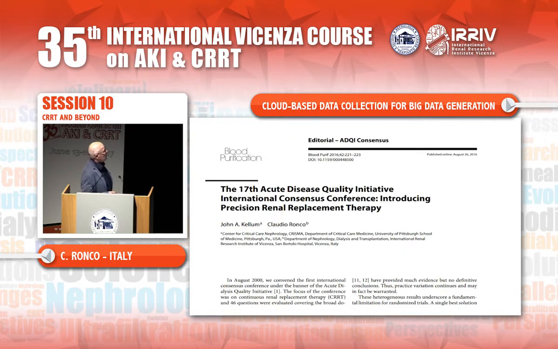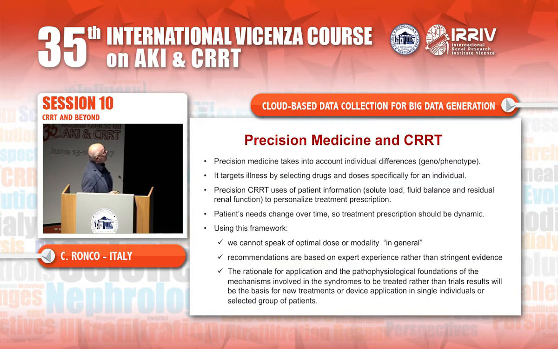This was actually the content of the 17th Acute Disease Quality Initiative meeting, and the precision medicine concept was to take into account individual differences, targeting illness by selecting drugs specifically for an individual, and using CRRT for specific patients, using their patient information to personalize treatment prescription. Now, patient needs change over time, so we need a dynamic prescription, and in this framework, therefore, the rationale for